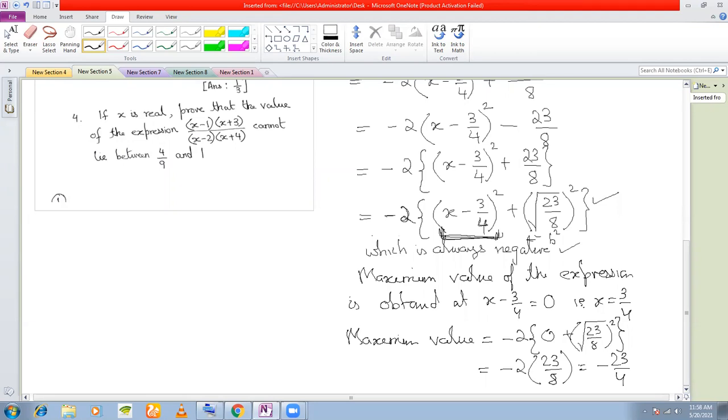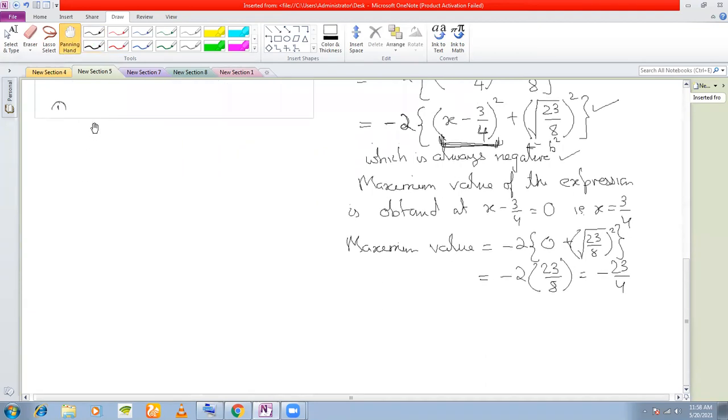Sir, if you put 0, we will get the minimum value, no? If you put 0, we will get the maximum value. See, minus 23 by 4 is how much? Minus 6 point something, right? Whatever other values that you will put, you will get say values like minus 8 point something, which is lower than this, isn't it? Next value you may get as minus 12 point something, isn't it? So which is the maximum value? This is the maximum value. Now is it clear?